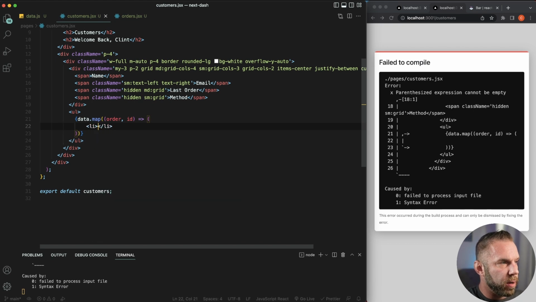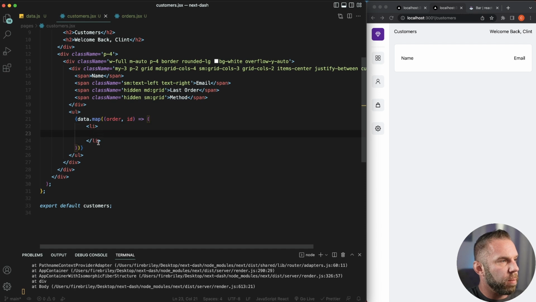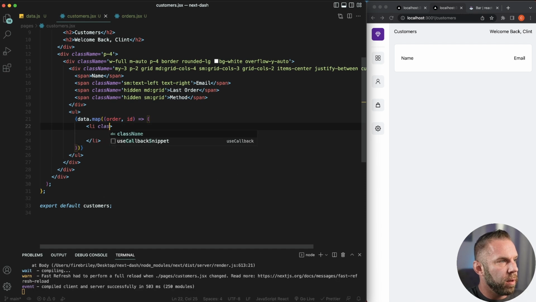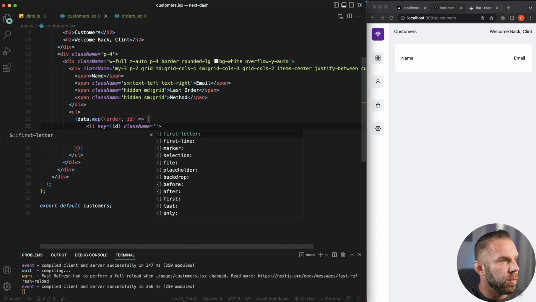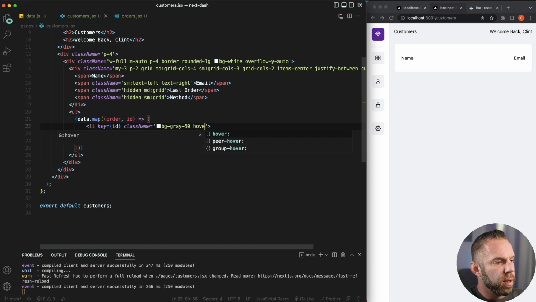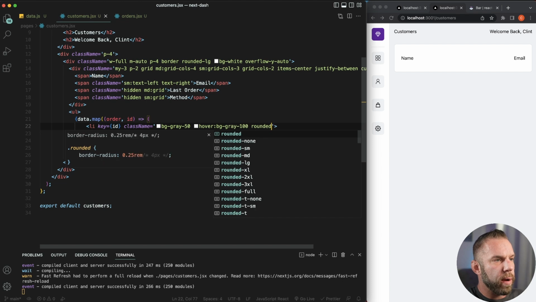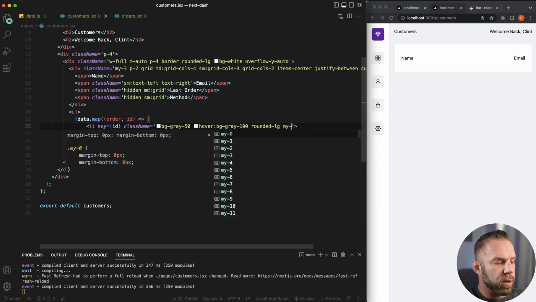And what we're going to render out is a list item. In our list item, we're going to give this a key. So we'll say key equal to ID, just like that. And let's go ahead and give this a class name as well. For the class name, we're going to say bg-gray-50. Then on hover, we're going to say bg-gray-100, rounded-lg, margin on the Y of 3, padding 2,